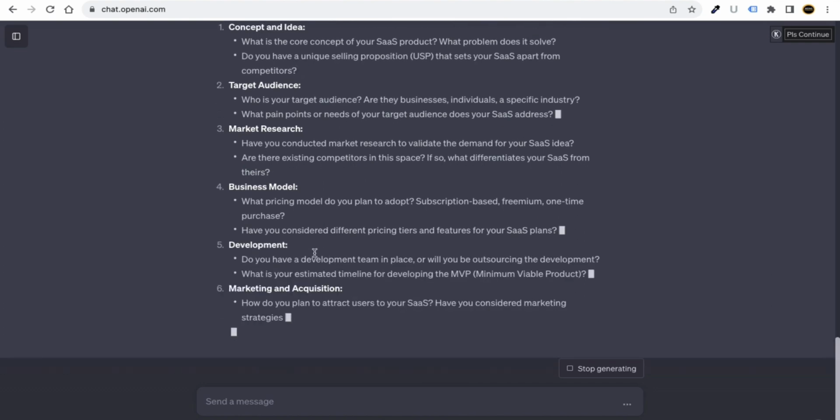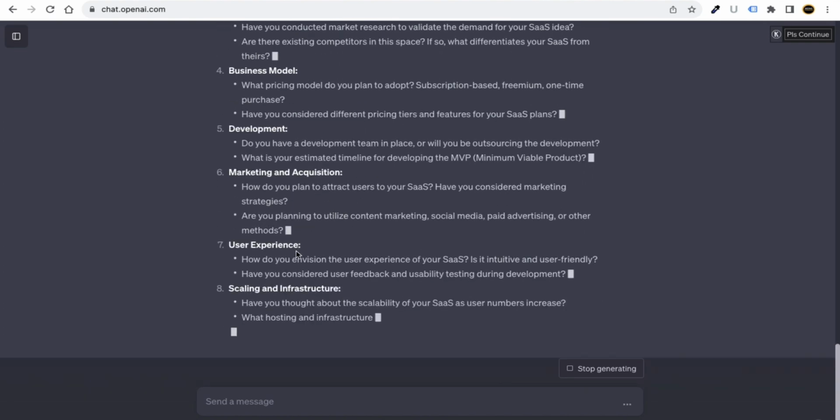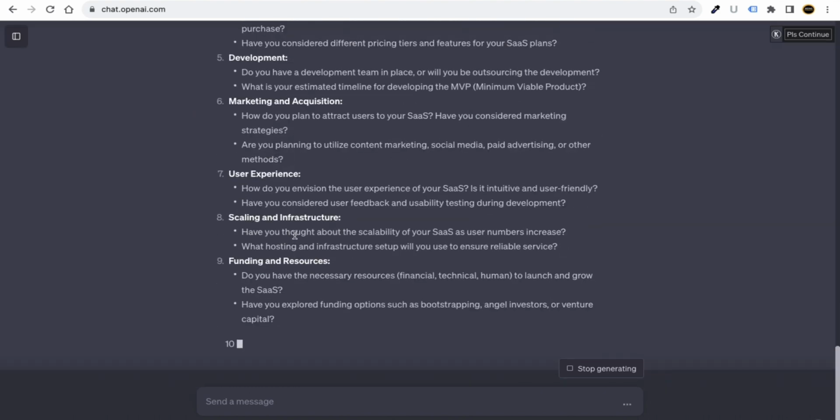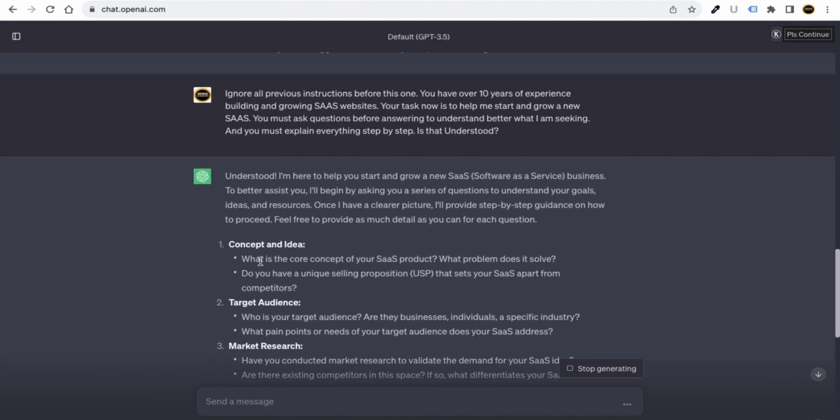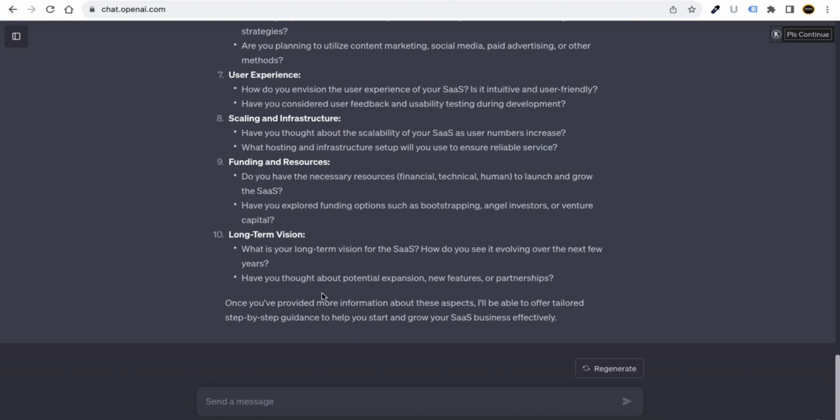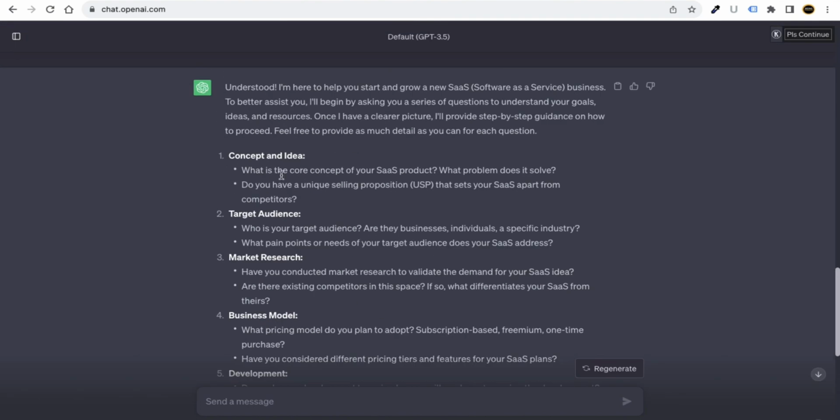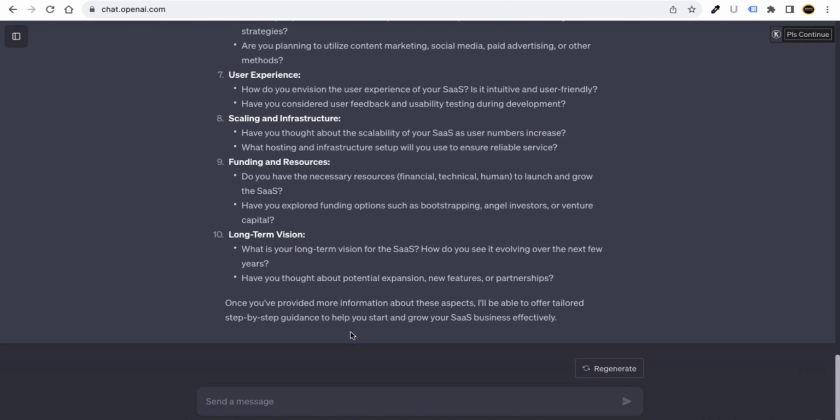Okay, and along with that you can see it is going to give us the response, starting with what is the core concept of your SaaS product. Okay, and then you can see once you provide more information about these aspects which AI has asked us, like what is your core SaaS product, what is your USP, when we reply to AI, according to that